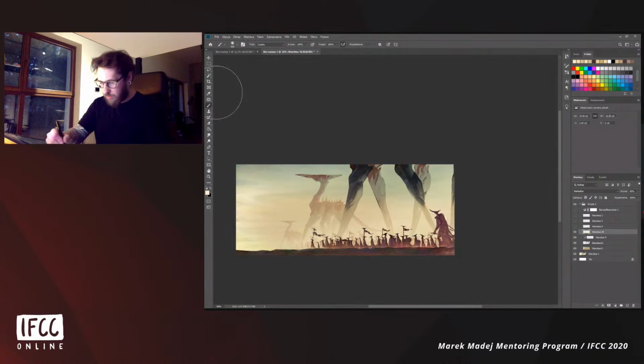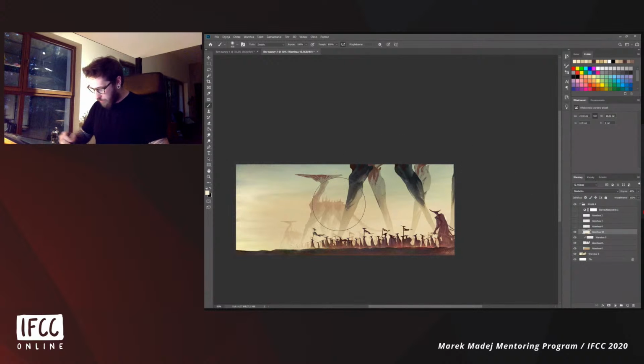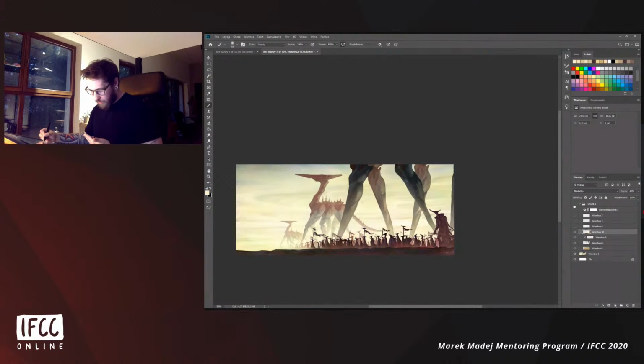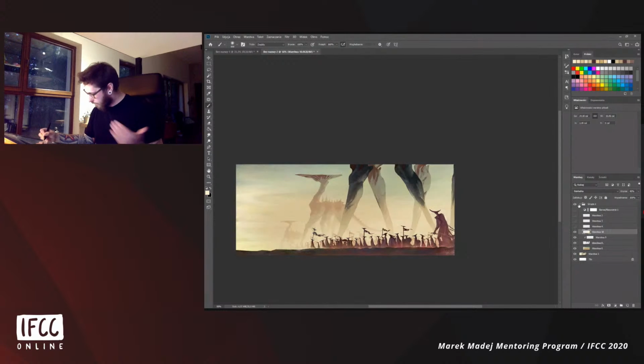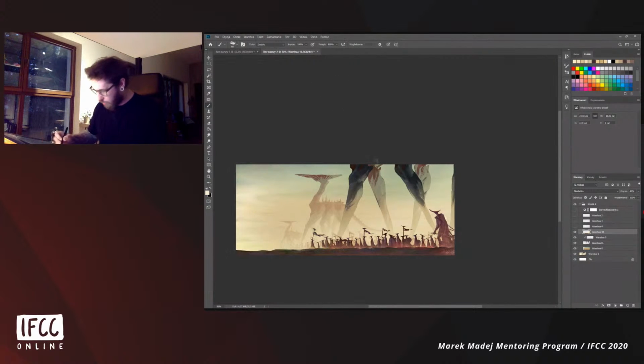And one thing you can do is maybe add some clouds between the elements that you have here. Now you have this atmospheric fog, but you could add clouds just to make more visual interest. You could add maybe